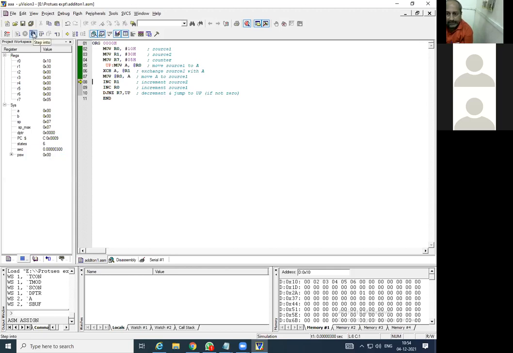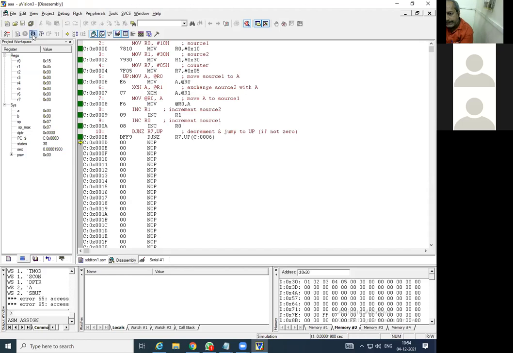If I go ahead, the same thing is going to happen. This 02 is getting transferred here, and this 00 will be transferred over here. So let us see. See, at the second position this becomes 0, and here this 2 is transferred. Okay, so let us go for the next 3, 4, 5, and it is going to stop this program.